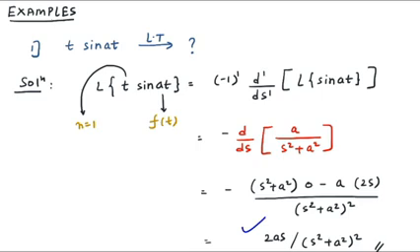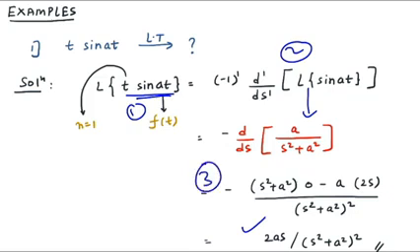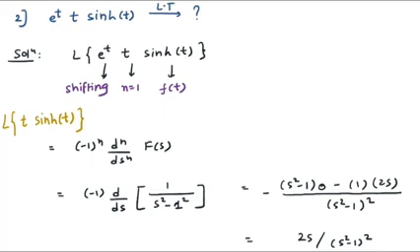In this question we actually used three steps. The first step was finding t raised to n into f of t. The second step was using the formula and finding capital F of s. This was the important point. And the third step was using the differentiation rule. Okay, let us see one level up question.